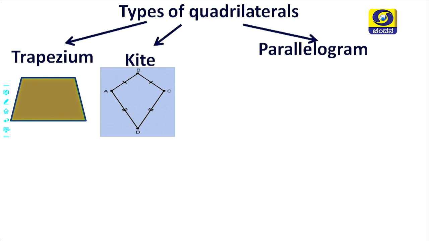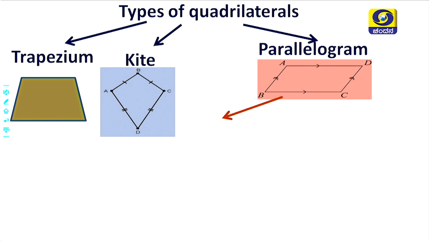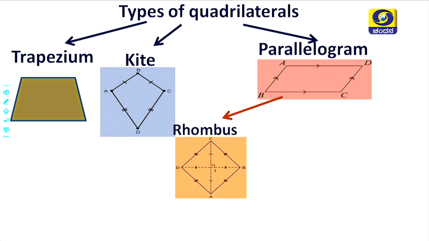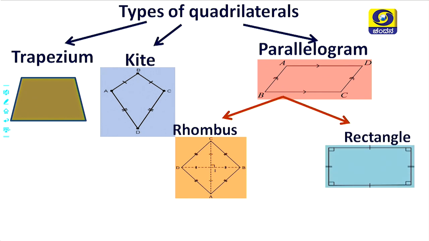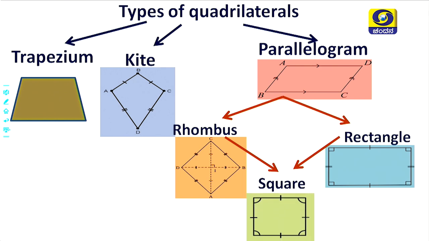A parallelogram, we can find a parallelogram as a type of quadrilateral, and I have drawn the diagram also. So, draw the diagram in your notebook. Now, the parallelogram can be further classified into a rhombus, the diagram is shown, a rectangle, we can draw the diagram as such, and one more type, so that it can be a rhombus, it can be a rectangle, it is also a parallelogram, it is a square. So, you have learned all these figures, all these types of quadrilaterals in the previous class itself.